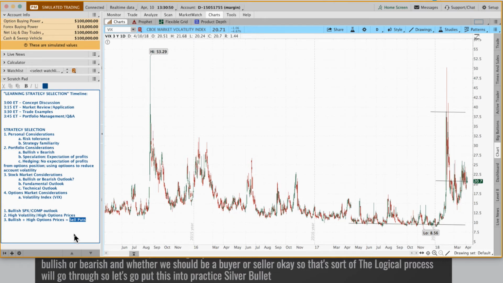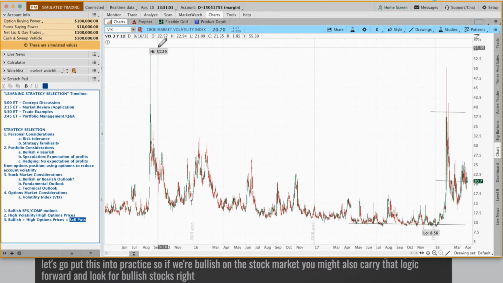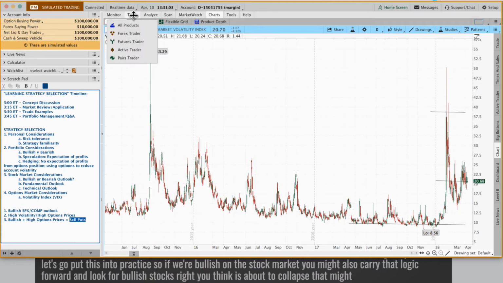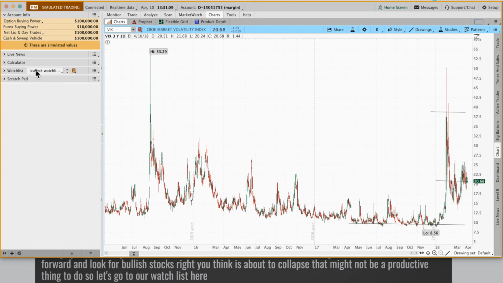So if we're bullish on the stock market, you might also carry that logic forward and look for bullish stocks, right? If you're going to do a bullish strategy and you go out and pick something that you think is about to collapse, that might not be a productive thing to do. So let's go to our watch list here. And what I typically do in these classes, just to keep things simple,